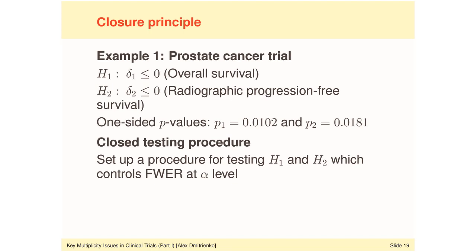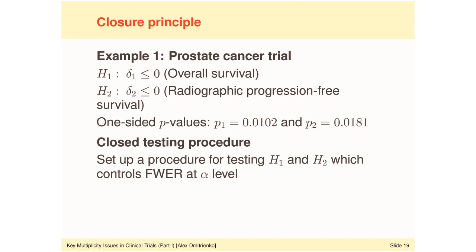To show how the closure principle is used in clinical trial applications to construct powerful stepwise procedures, we will use example 1, which is based on the prostate cancer trial. As you remember from Module A, when we introduced this example, there are two null hypotheses of interest in this clinical trial. The first one is based on the overall survival endpoint, and the second one is based on the radiographic progression-free survival. We can formulate those hypotheses in terms of the underlying treatment differences that are denoted by